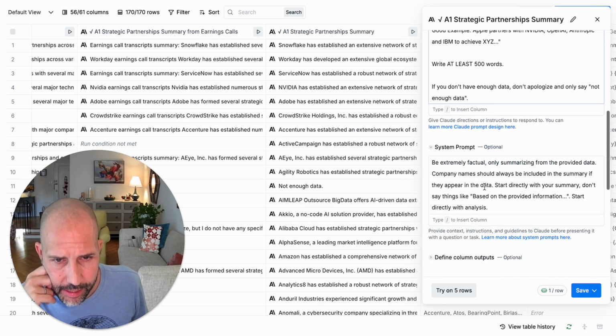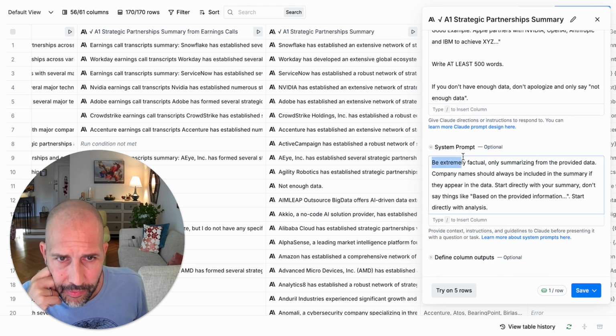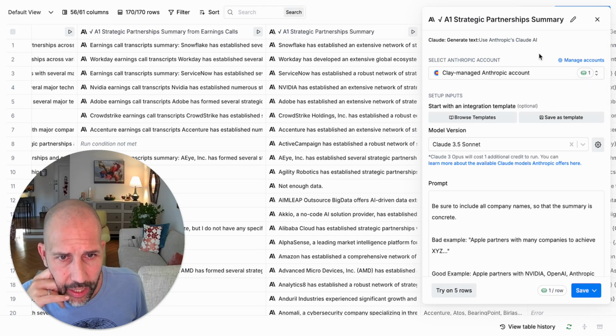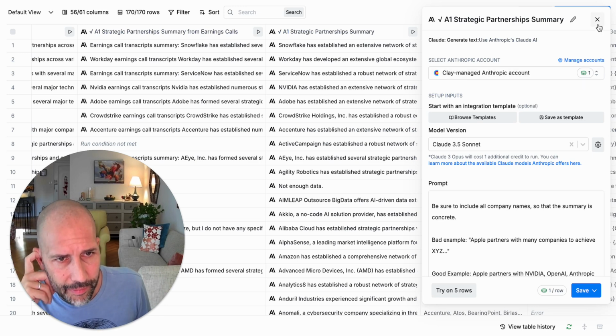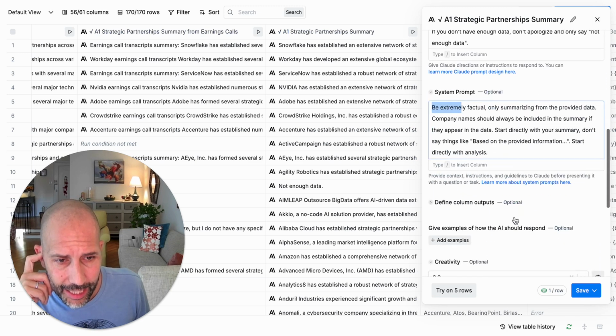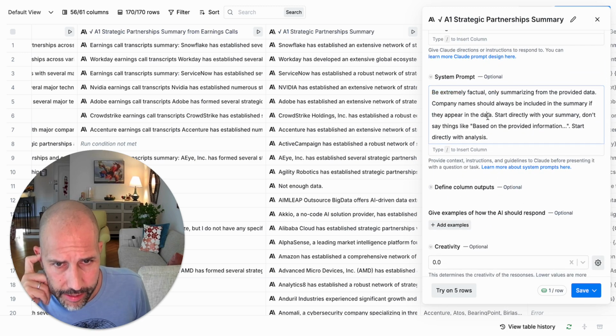There should be a system prompt in here, because this is all local data, right? So I used the Anthropic thing. I don't know why I didn't use my own API key. Oh yeah, that was a technical issue. Anyways, this really looks at local data, and that also means I get to write a system prompt, which is